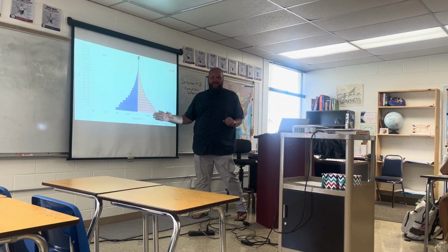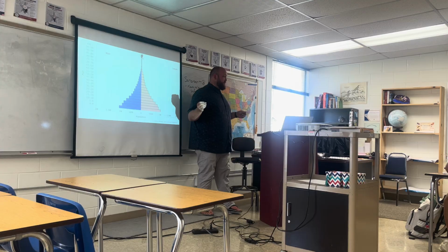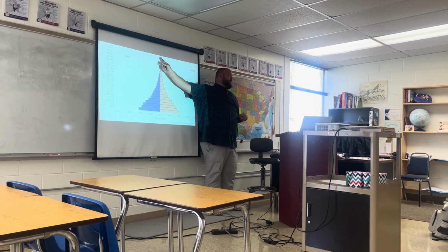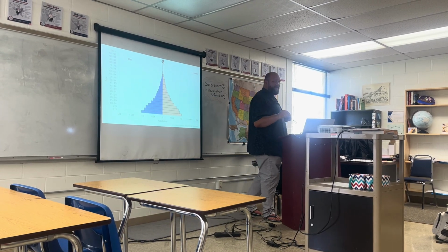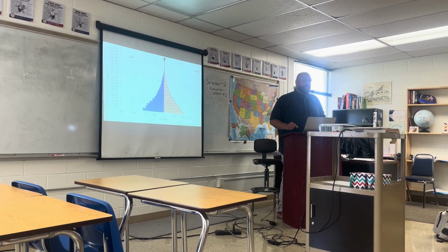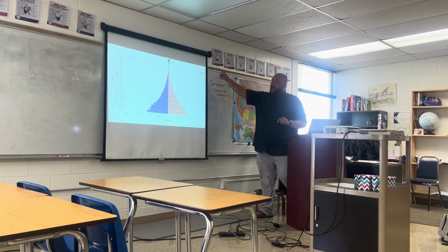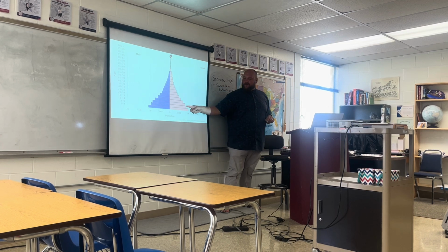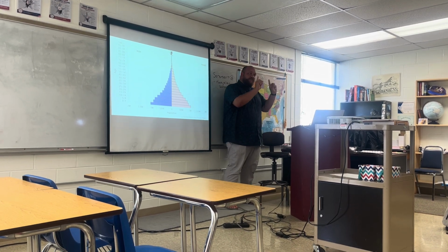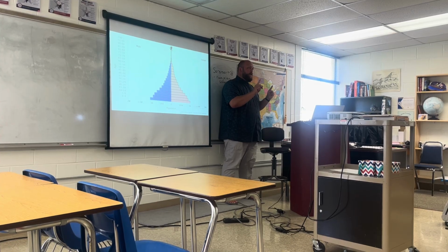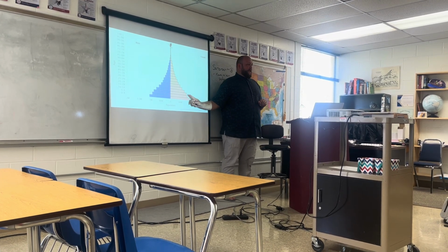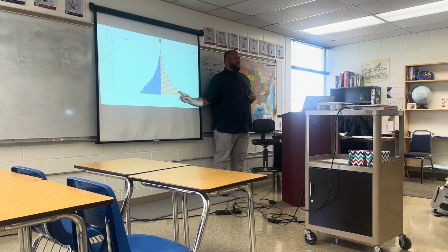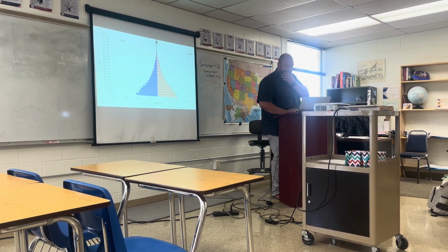I want you to pretend that these population pyramids are a mountain. And this is me up at the top. Now, if I'm at the top of this mountain, I'm probably pretty scared, right? Because I'm not a great skier, but it helps for this. If I, as this skier, can make it all the way down to the bottom of this slope without falling off a cliff, I am most likely in what kind of country? Lesser developed or more developed? Lesser developed country.